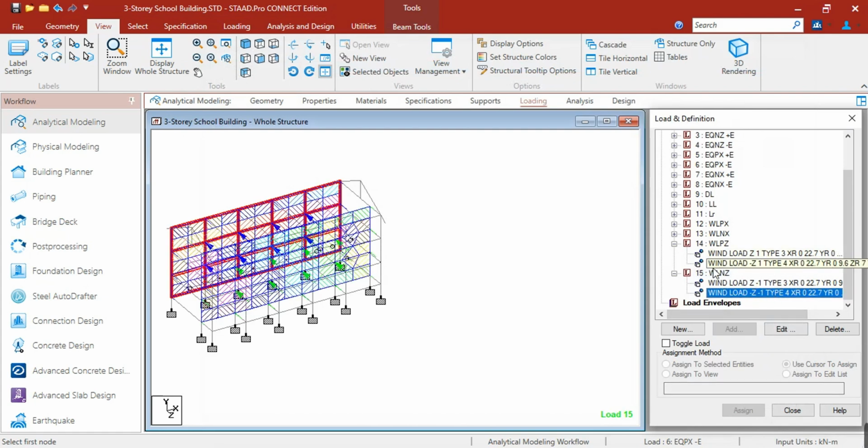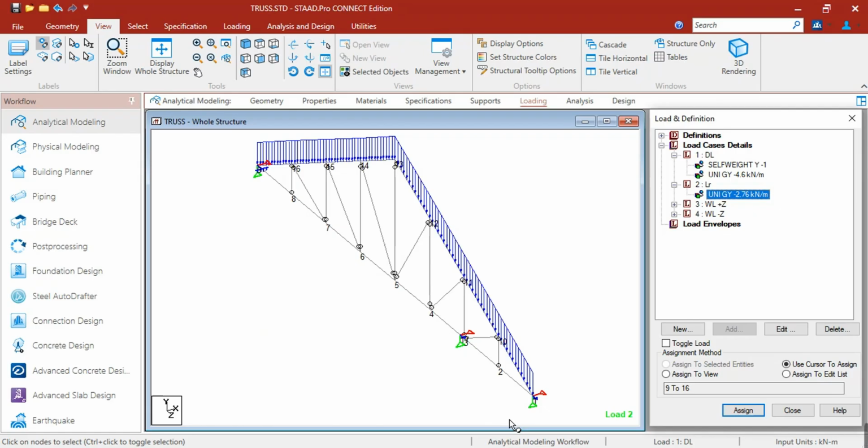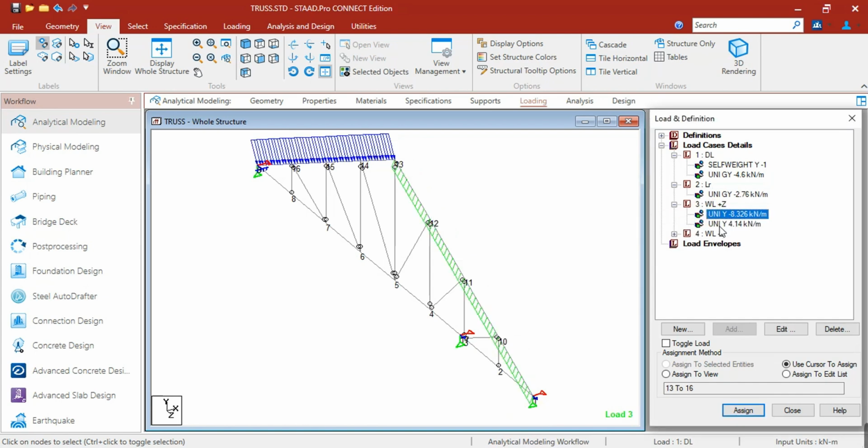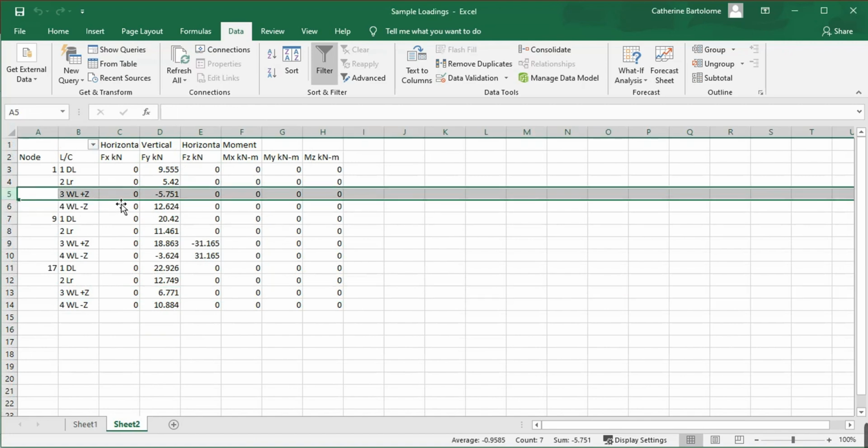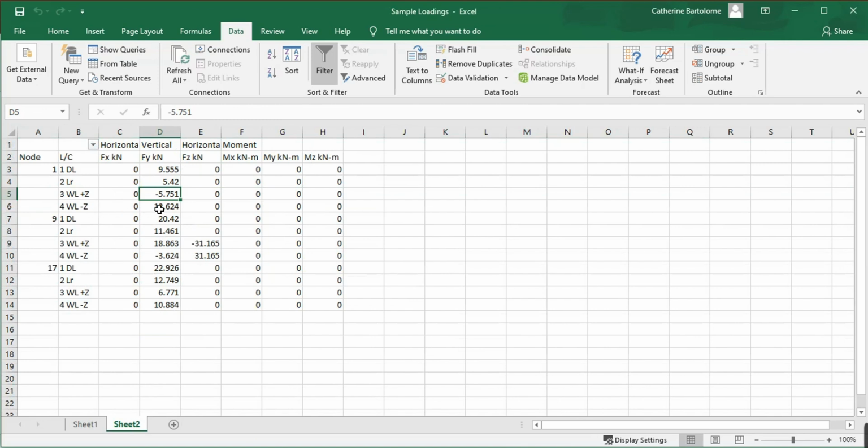So besides these values, if you still remember, we also have a wind load for our truss. So under wind load, let's get the reaction here for WL Z and WL negative Z. Okay, so let's apply it to all the nodes.